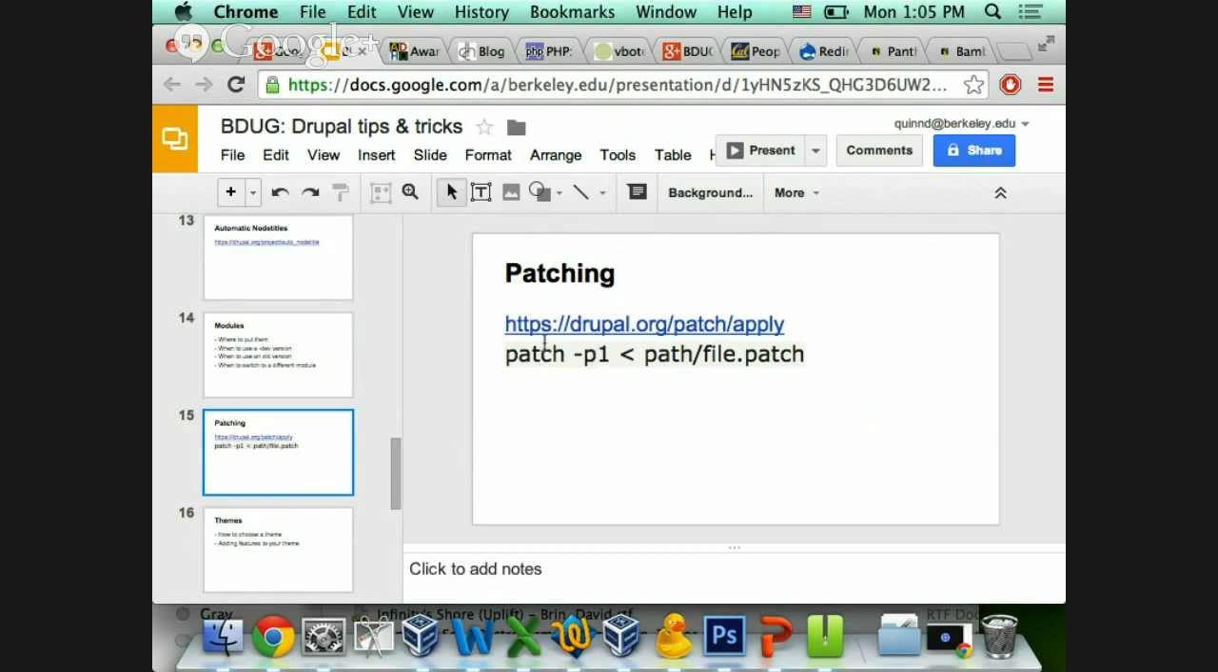Patching is a useful thing to learn how to do if you really want to go out on a limb with things that haven't even been committed to a dev version yet. This isn't always as dodgy as it sounds. It can be. It definitely can be, and terrible things can happen if you do this. But